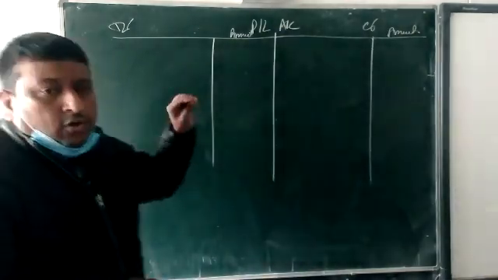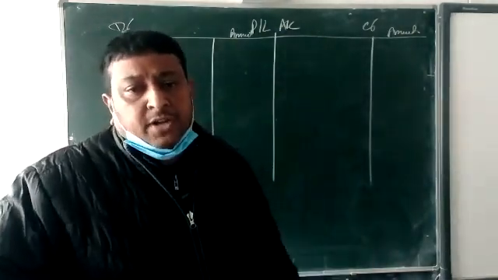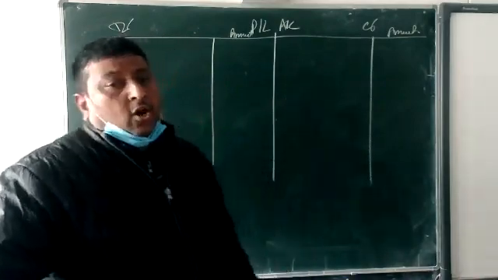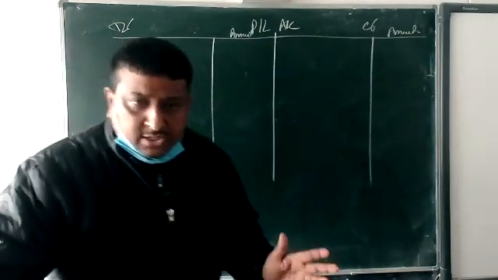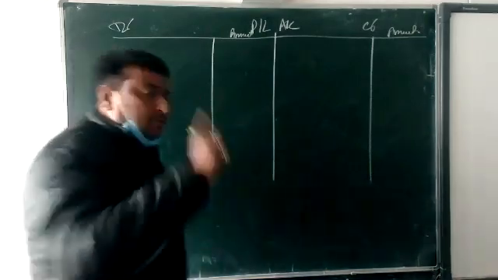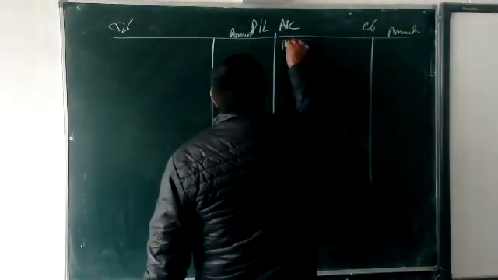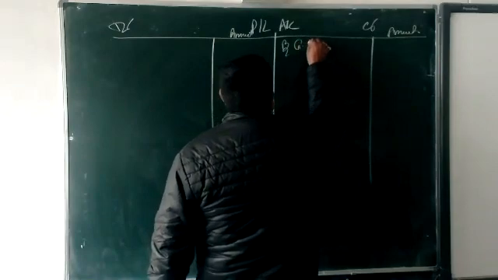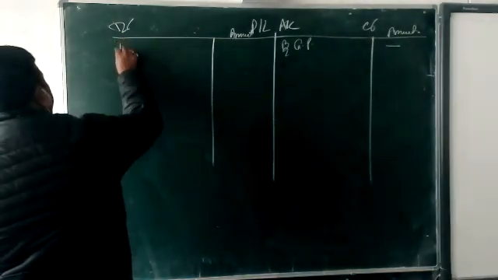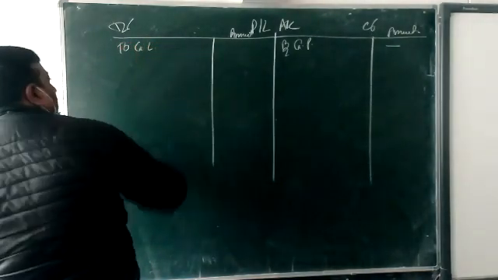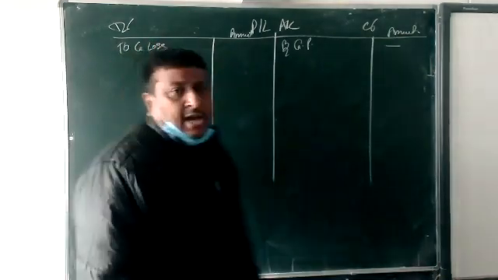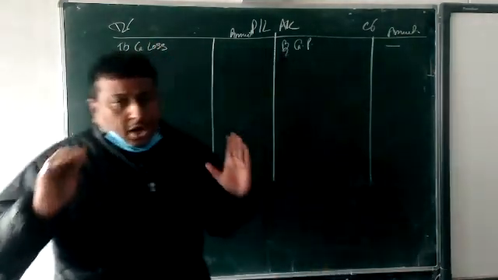And this PL account will be made after the making of the trading account, because after the making of the trading account, we get the gross profit or gross loss. That gross profit or gross loss is transferred to this PL account. If gross profit is there, we transfer it here by GP, gross profit. If gross loss is there, we transfer it on the debit side as gross loss. Okay, beta, there's the gross profit and on this side the gross loss.